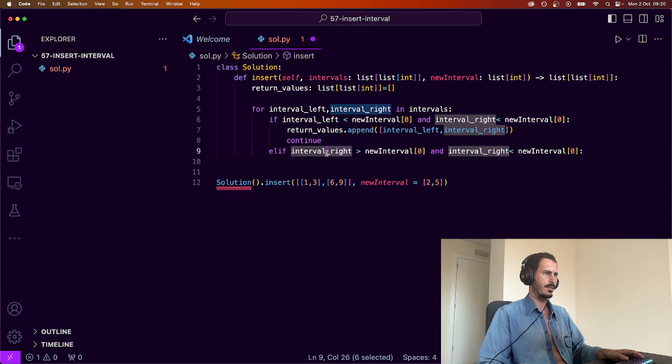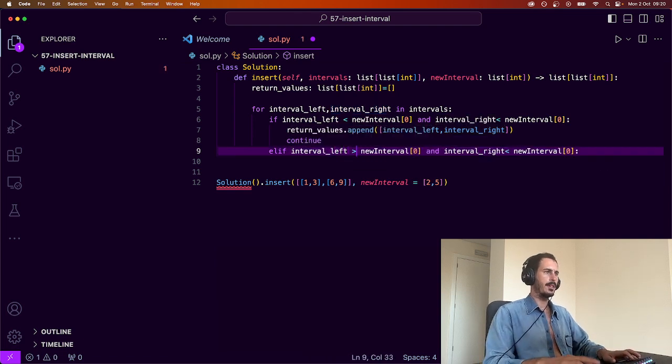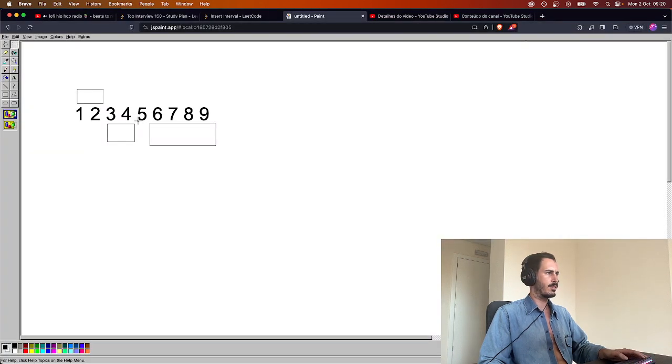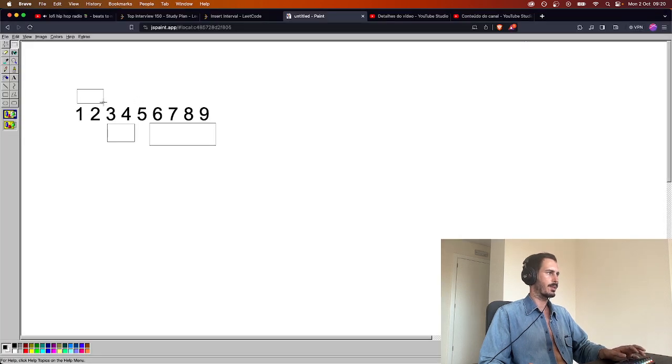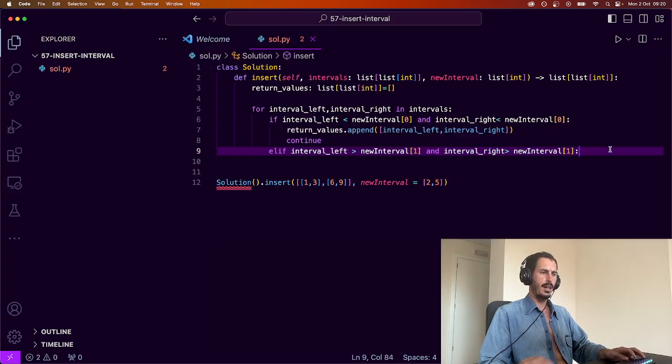So interval left is bigger than the start and interval right is bigger than the end. No, it's bigger than the end of the new interval. So we're just comparing this interval with the 2 here. We don't even care what's behind, if this long or this long. So we just care for the ending position. So if that is the case,